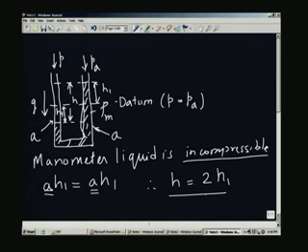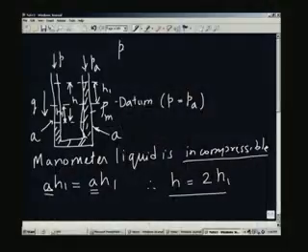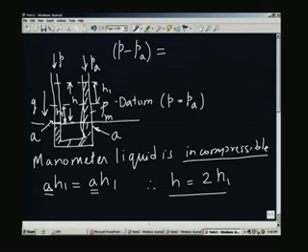This is the consequence of the fact that the liquid is incompressible and the area of cross section of the two limbs of the U tube is exactly the same. And we can also see now that P minus Pa, so I draw a line here, this is our line now. On this side you have P plus a certain height of the column of the fluid whose pressure I am measuring. So, this will be,